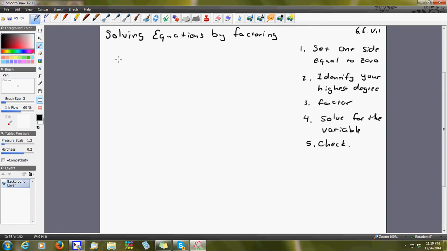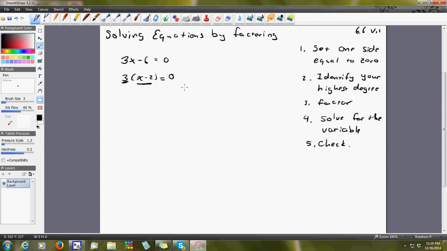I'm going to take a look at a couple of examples, and the first one I'm going to look at is if I had something like this: 3x minus 6 equals 0. I can factor out a 3, and what I'm left with is x minus 2 equals 0. Well, I now have two factors. This is one, and this is the other. If I set them both equal to 0,